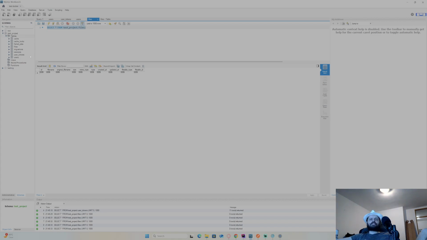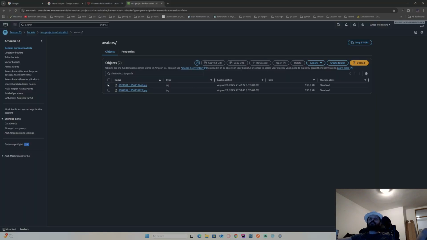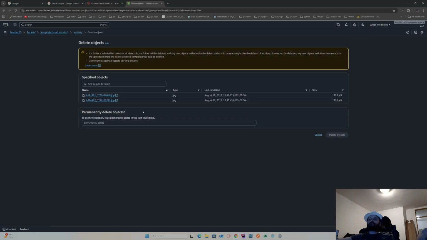So there were no exceptions. And why is it not here? Let me just remove this file from the AWS. Yes, I'm going to remove both of them actually. This is idiotic what they do here with this type permanent delete. Could be just a checkbox and you're good to go.